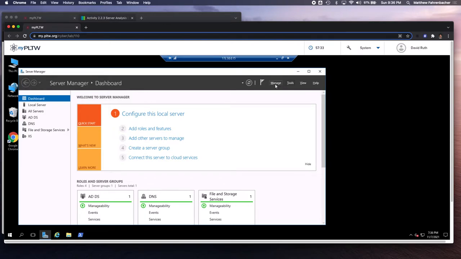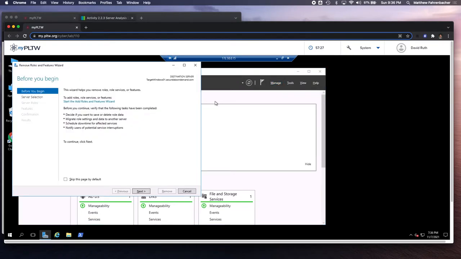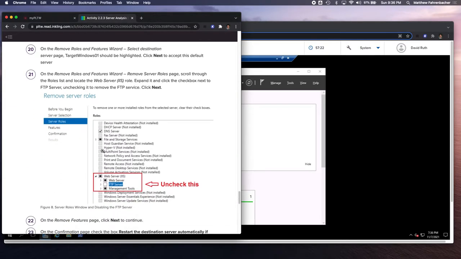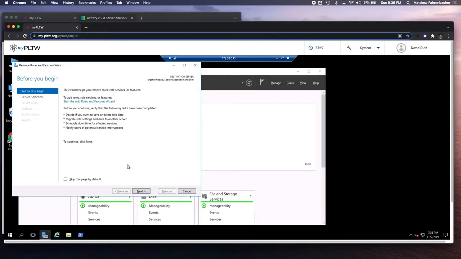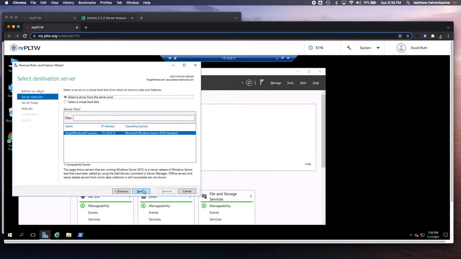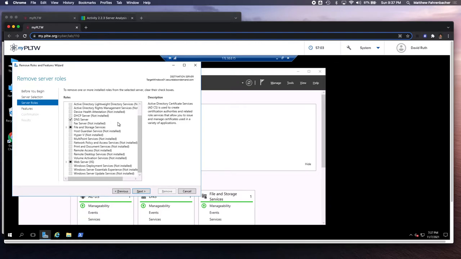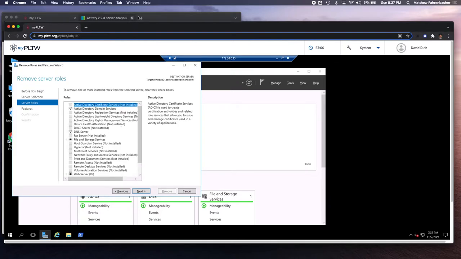We're going to click on the Manage button, and we're going to be removing roles and features. We're not going to do too much on here, so we're going to click Next. We don't care about that. The only thing that should be selected here is the computer that we are on right now, the target. So I'm going to click Next again. And here are things in here that we could be editing. Now, on the first page, there is nothing that I think we want to change,